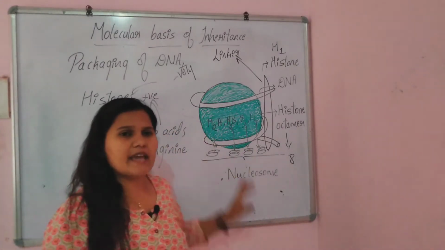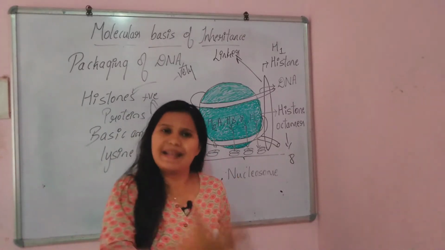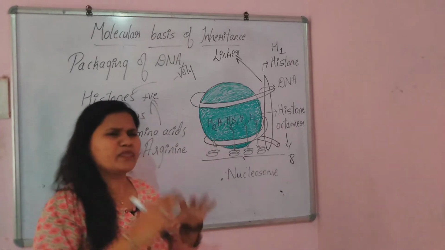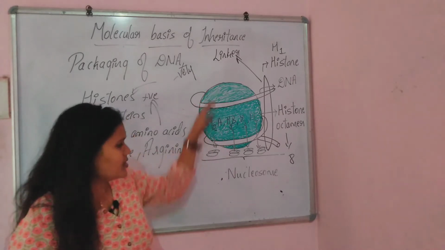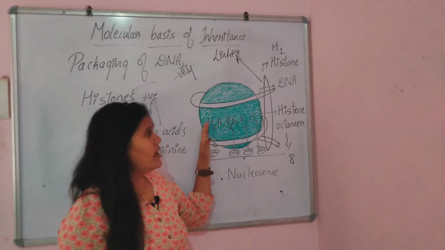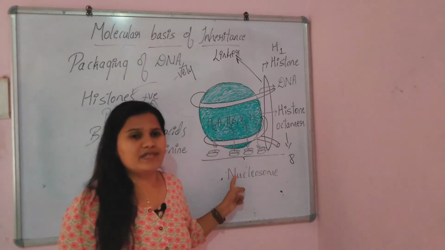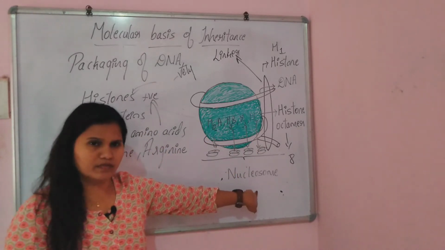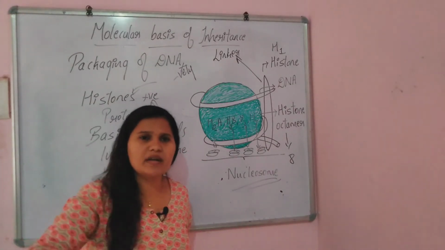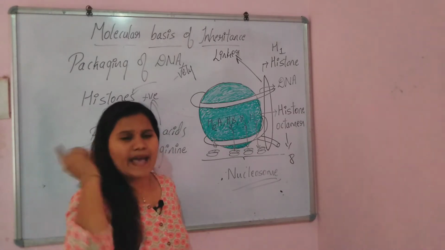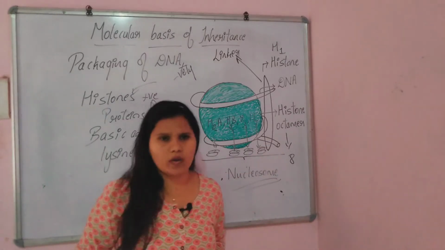So if it is in case of a single cell, and again this will be the same scenario in another cell, right? So like this, many more histones, and before that, see this whole structure with this DNA which is wrapped around this octamer, or the histone, that structure is called as the nucleosome. Got? Please remember. So what is nucleosome? Nucleosome is nothing but the DNA is wrapped around the histone, or you can say the DNA is wrapped around the histone octamer. Got?